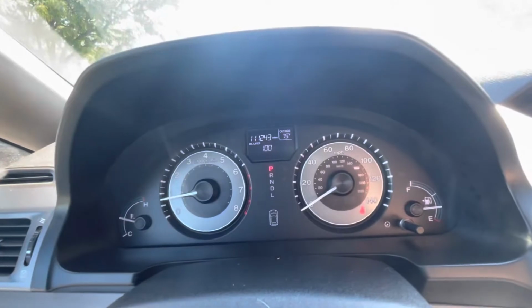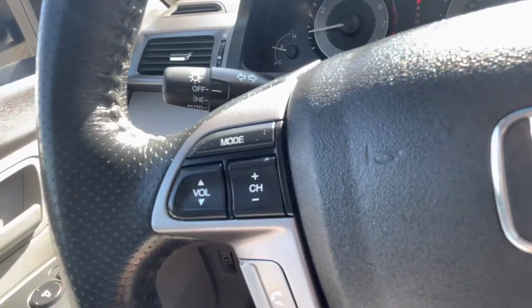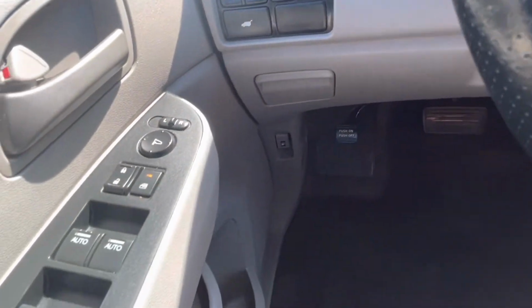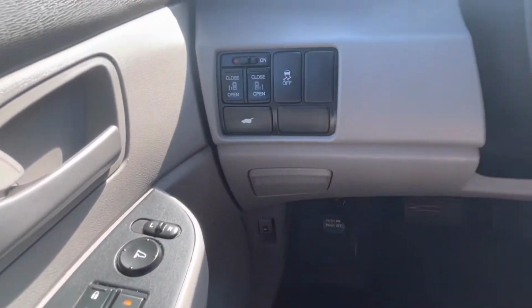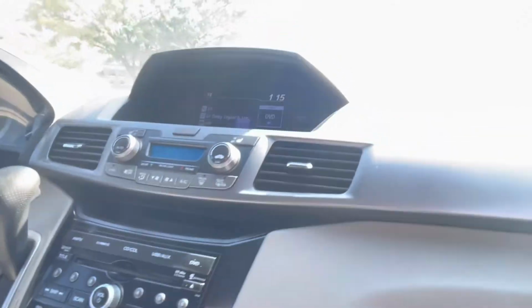There are no caution or warning lights on. Your cruise control, steering wheel audio controls, got your power locks, power windows, and then your door controls and traction control. If you are looking for a van that seats 8, come into Onyx Auto Sales and take this Honda